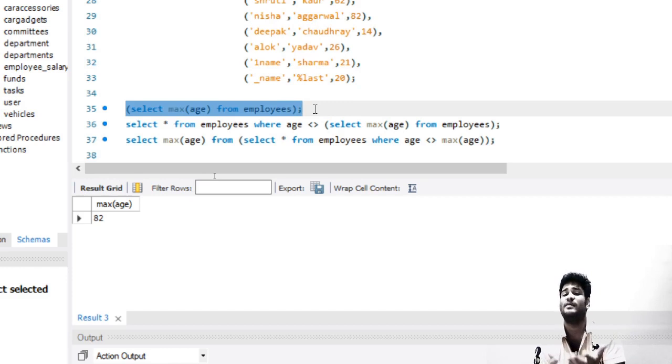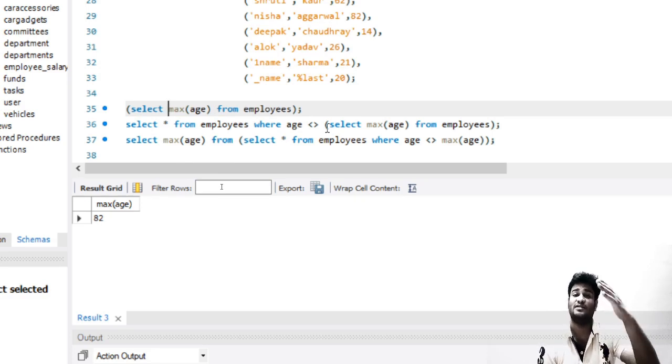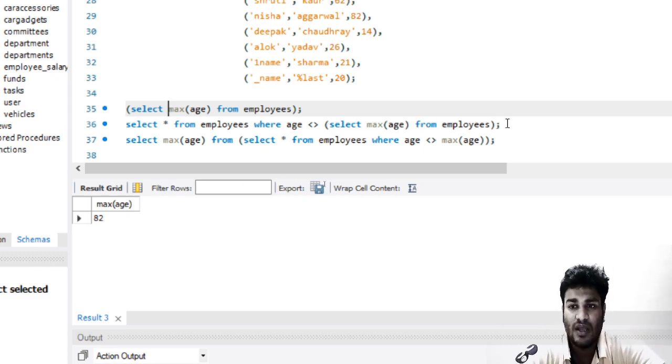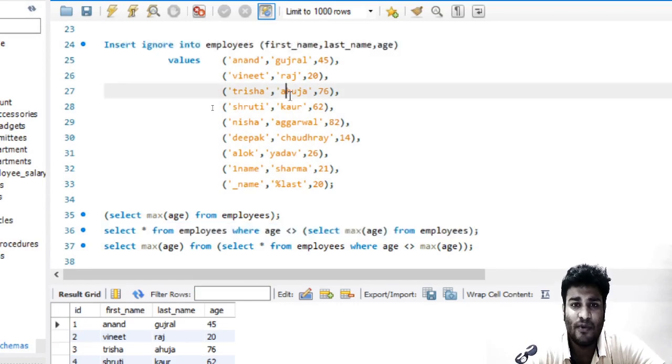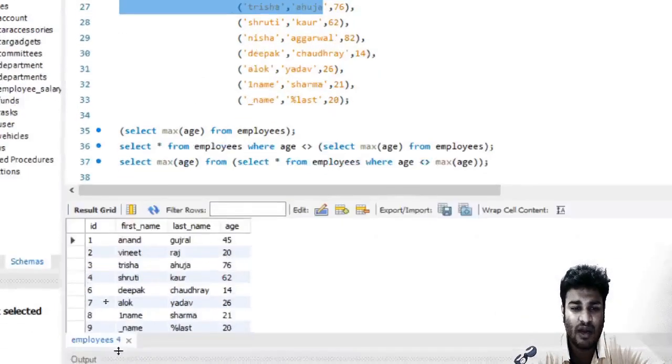This is what is meant by subquery. And if it has two columns, three columns, five columns, in a similar way this can be used only at places where the columns match, like when you're inserting things into a table, so the column count should match, right? So now this is replaced with 82, and if we go ahead and see this table, this employee table has 1, 2, 3, 4, 5, 6, 7, 8, 9 columns.